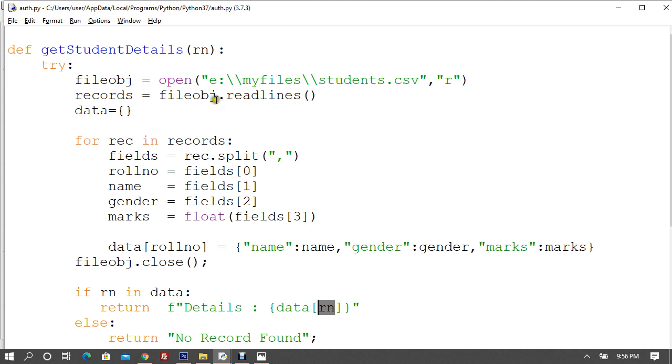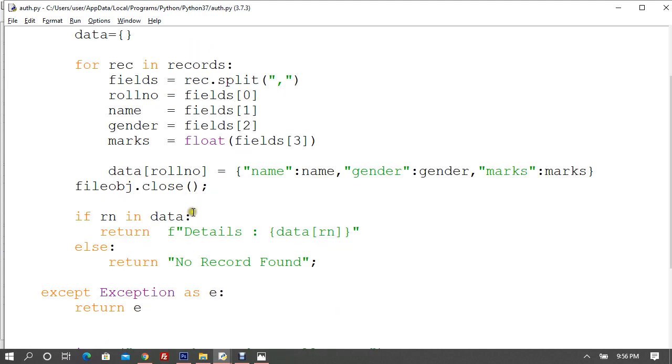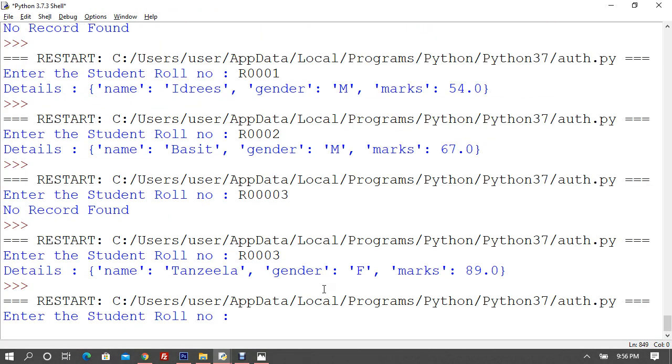That's why I pass this here, and then I have verified that that roll number is there in the data, which is the dictionary, and then I need that particular data to be returned back to the function. Else, if you don't find it, return not found. And then when we run it, now we supply data, then we are going to get R1. I'll say R1,